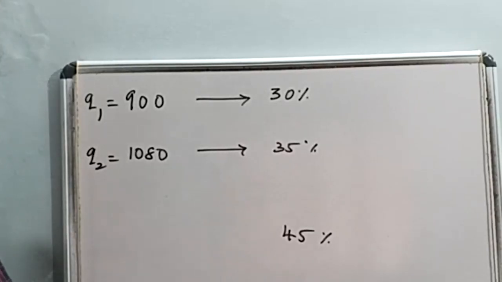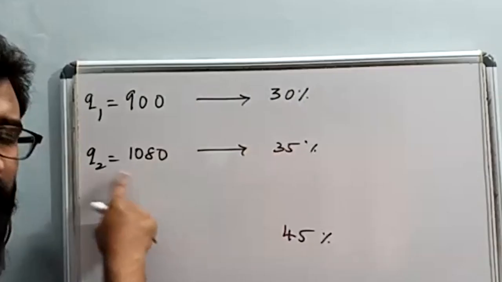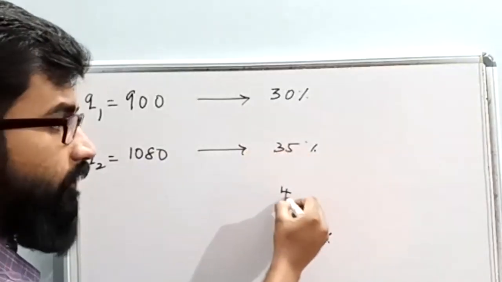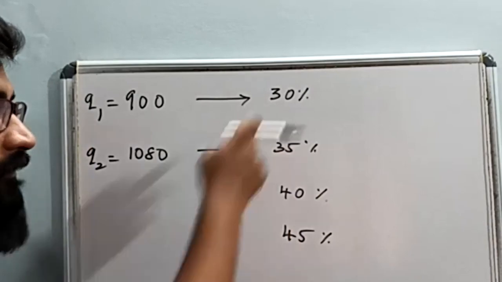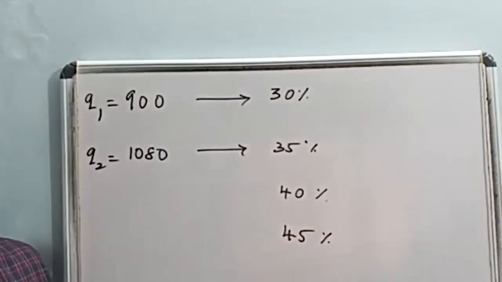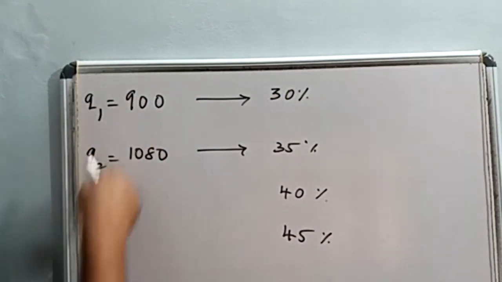If it is an equal percentage valve, what is the meaning? From 30 to 35 you will have the same percentage increase. From 35 to 40 also you will have the same percentage increase, right? For every 5% you will have the same percentage increase here as well. Now just find the percentage of increase here. What is the percentage increase here?